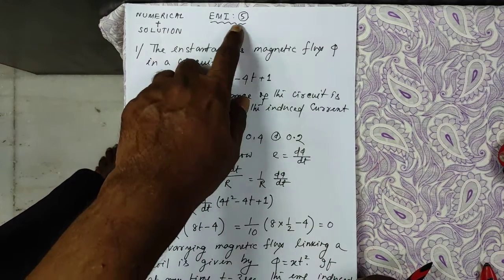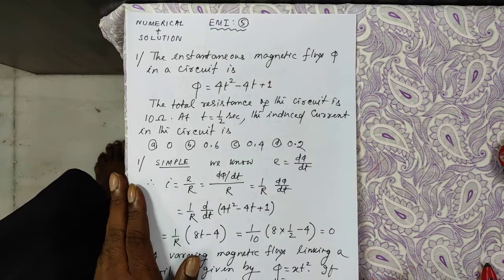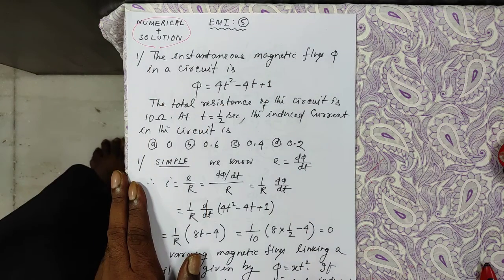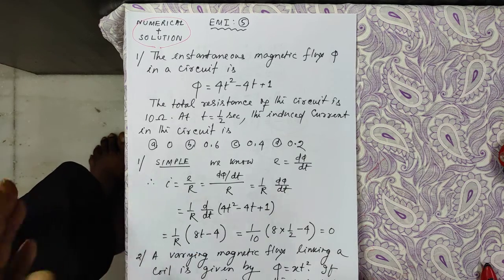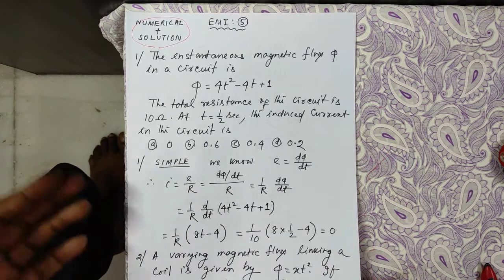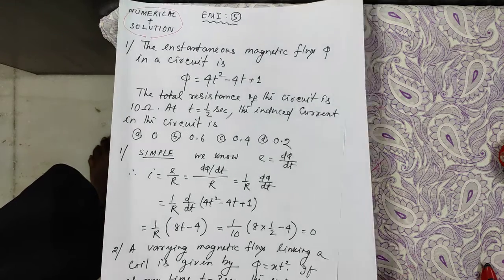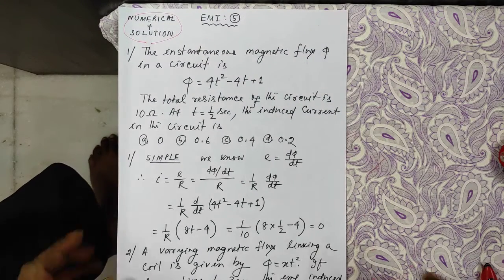Now, electromagnetic induction lesson 5. Let us discuss four numericals. The last numerical is very important for your competitive exams, and the first three are for your school exams, right? So let us begin with